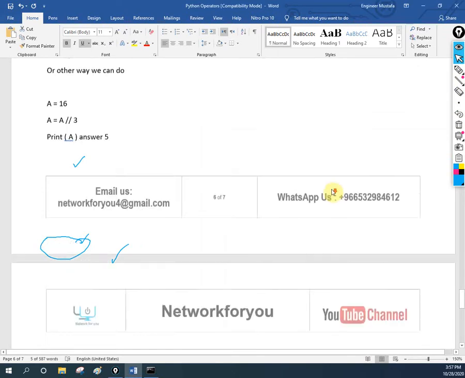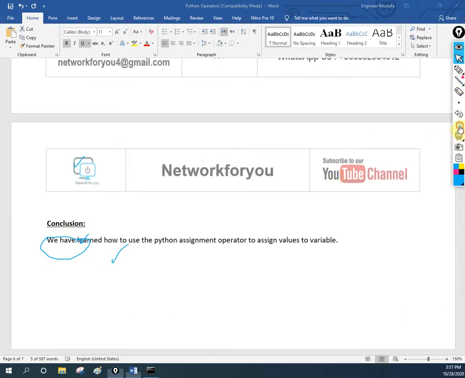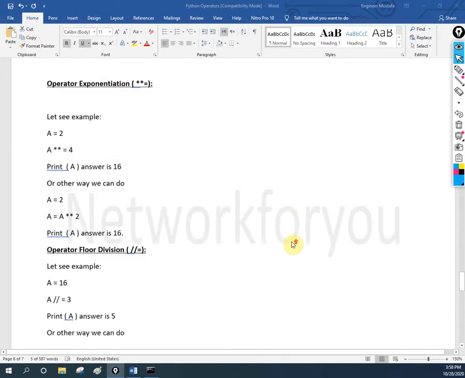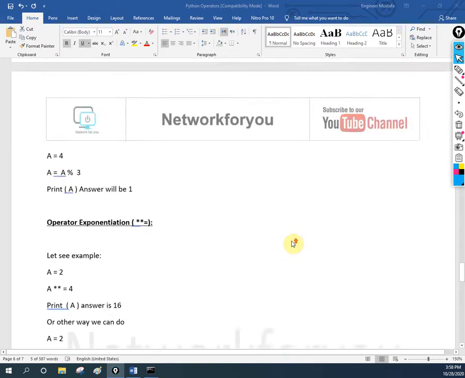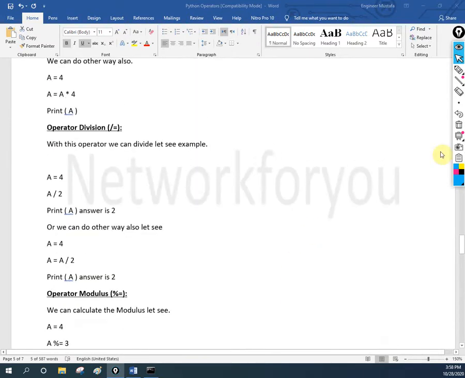Okay, so now let's conclude what we learned. We learned how to use the Python assignment operator to assign a value to a variable. In simple words, we learned how we can assign a value to a variable by using the assignment operator. Just remember this easy way.